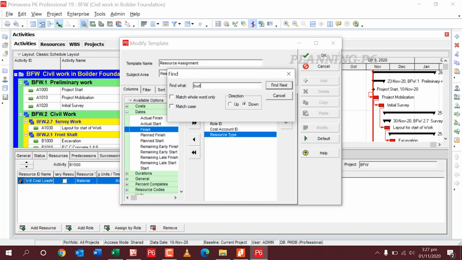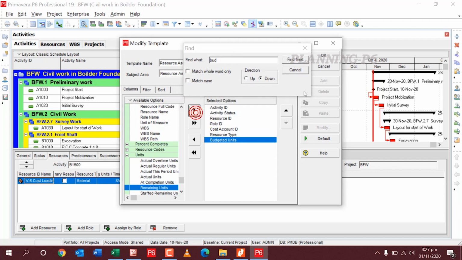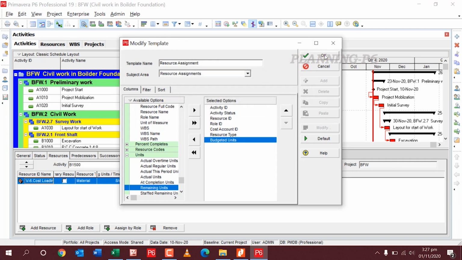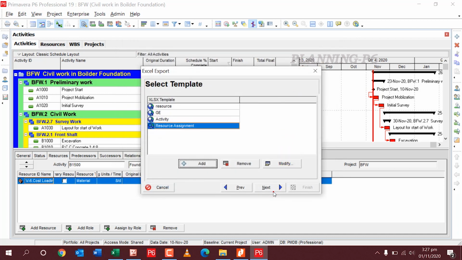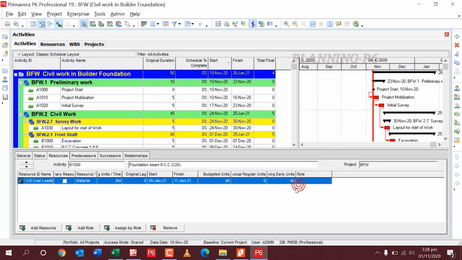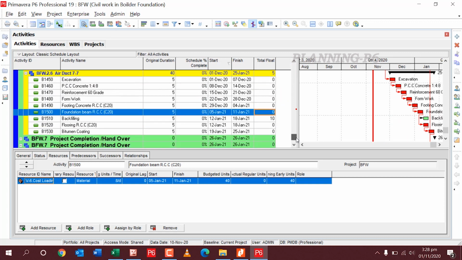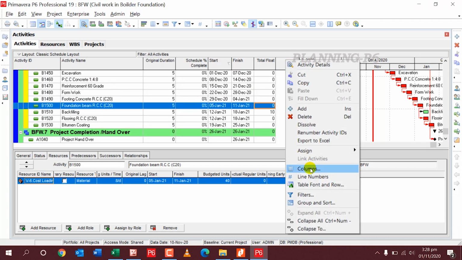Total budgeted units here. Okay, next. So assignment, you can click finish here and close down. Here I will write here column and budgeted.